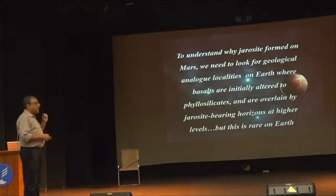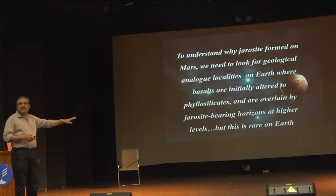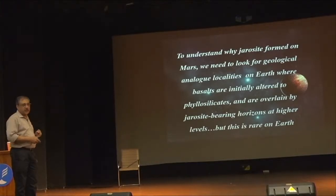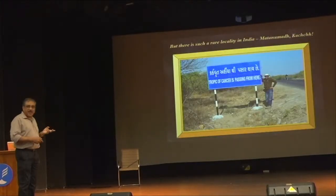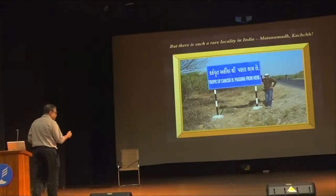So then, to understand how jarosite can exist on Mars and what it actually indicates, we need to look at an Earth analog. Is it possible that on Earth we have a similar sort of system, which we can use to begin to understand how jarosite forms? Now, this is difficult because jarosite is very rare on Earth. Although it's rare, it doesn't mean it's absent. And interestingly, we do find this in one place in India, and that is in Kutch, which is,